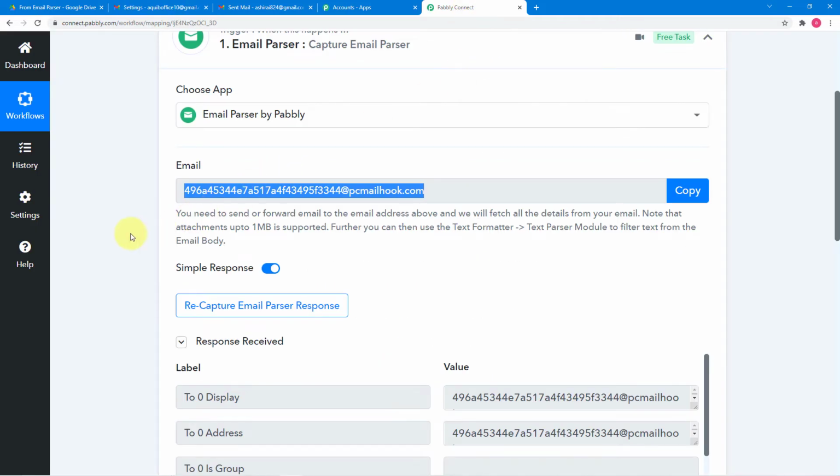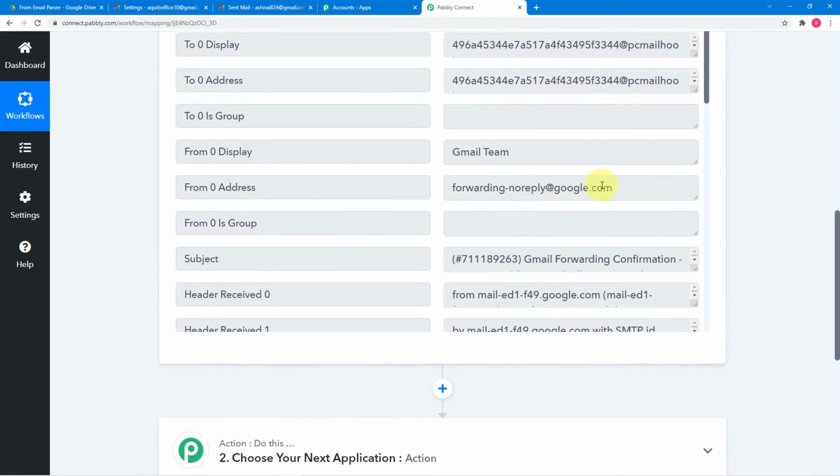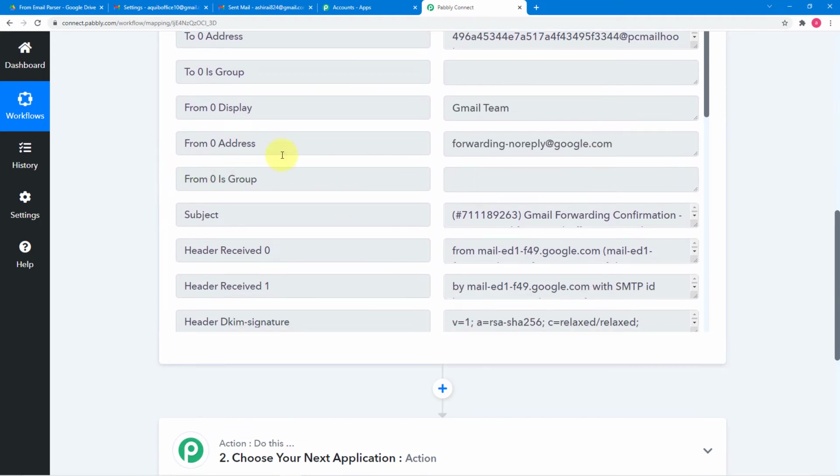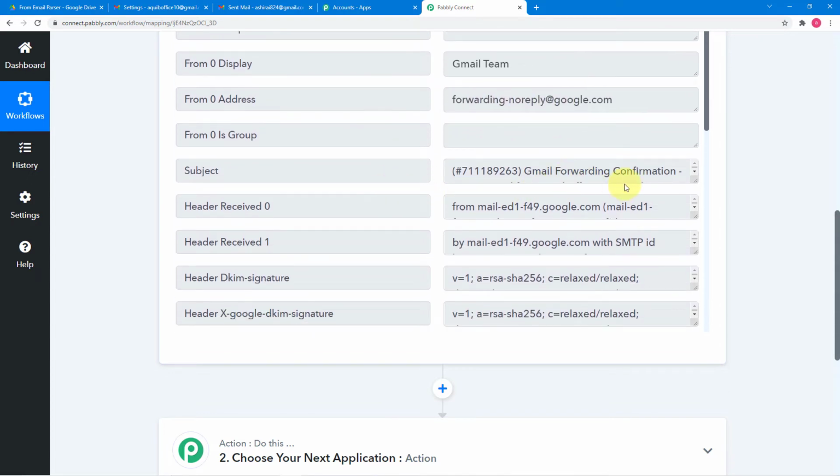Okay, so in Pabbly Connect the data is captured here like this, right? And here you can see in this data that we have received an email from the Gmail team. It is a no reply email, and the subject is forwarding confirmation.